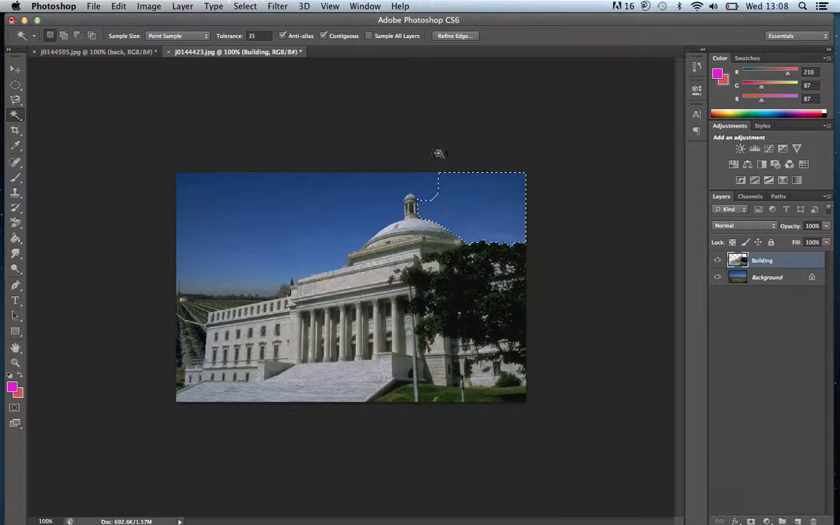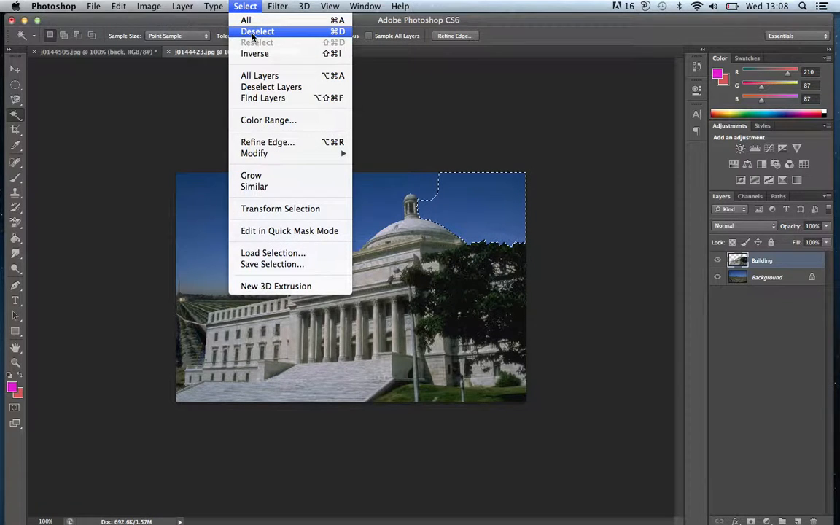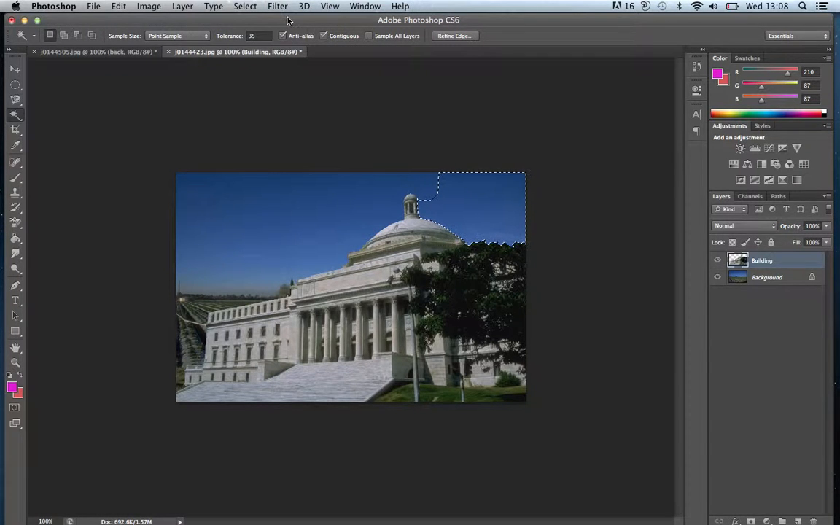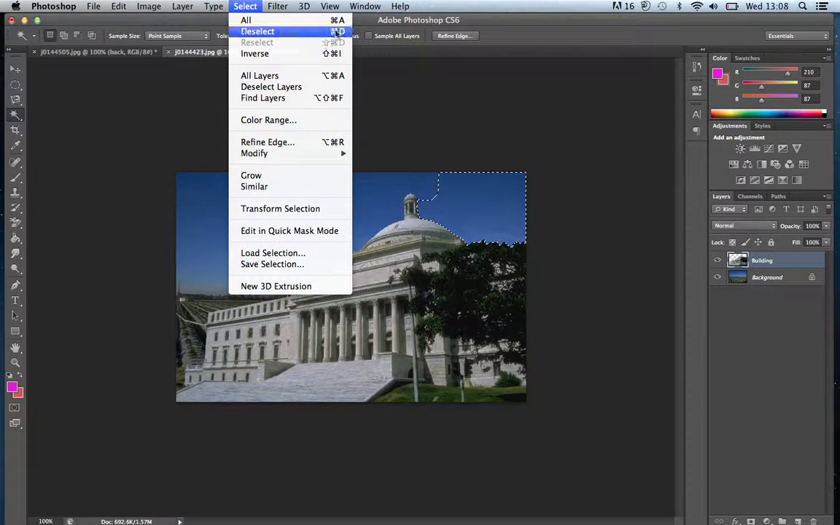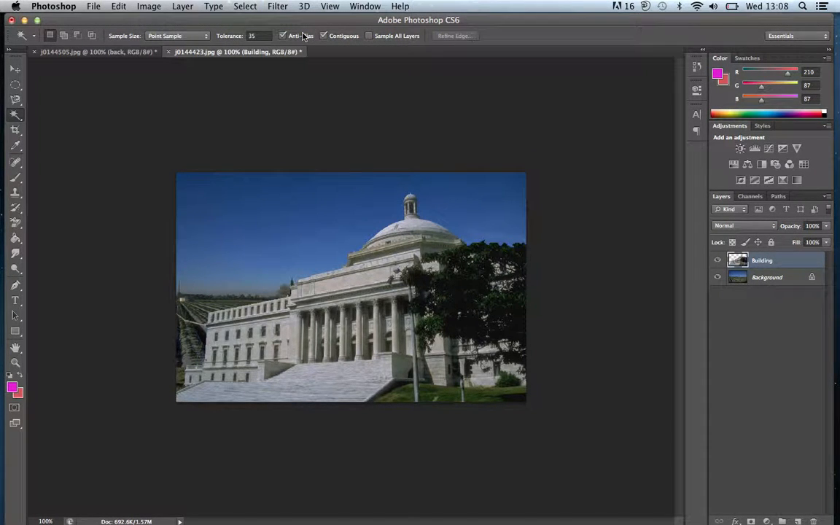So when I want to get rid of those marching ants, I go select, deselect, or on the keyboard I can choose Command D, and that takes it away. So the next thing is my building is too big. So I go in here, I click my rectangle. Now previously we were using this just to fill in things, but now we're going to select this, and I'm going to go Edit,